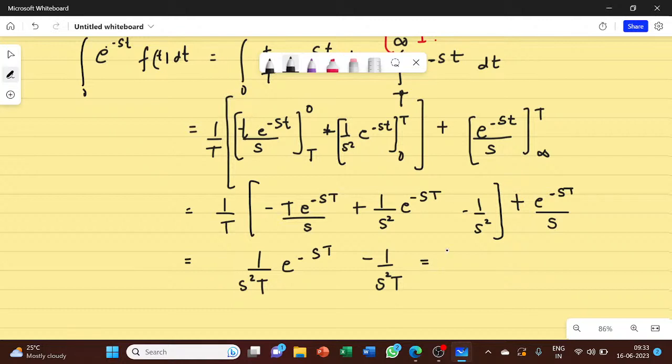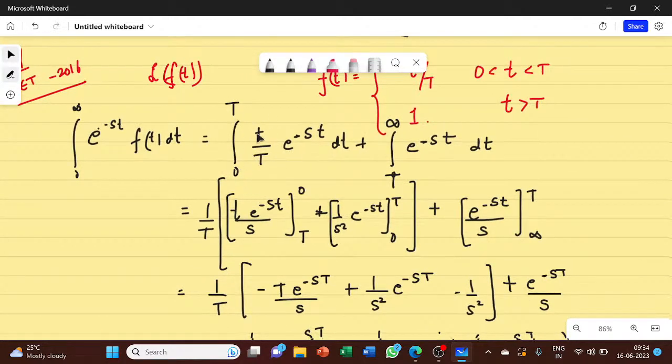Or in other words, if I want to write, this will be 1 upon s square T e to the power minus of sT. Have I made a mistake somewhere? Just see if the answer is wrong. From 0 to capital T, I have done the integral. So the integral of this will be t upon e to the power minus st upon minus s from 0 to